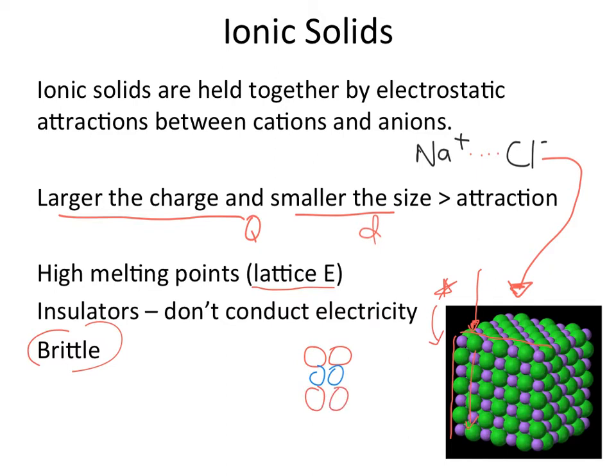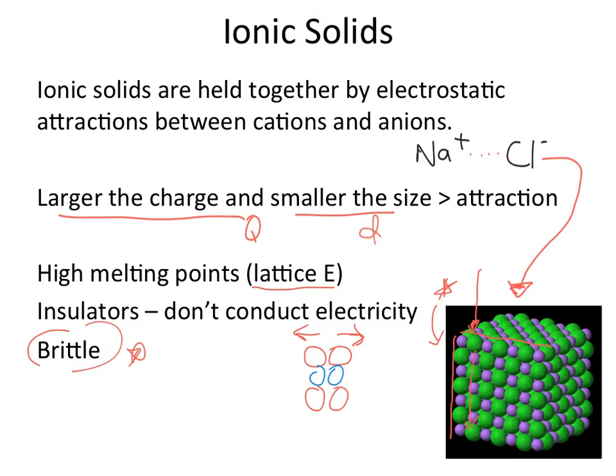So basically what I'd end up doing is putting ions with the same charges into close proximity. And we know that this will lead to repulsive forces and subsequently cause the breakdown of the lattice structure. Okay, so the fact that they are brittle is caused by the fact that any alteration to the repeating units